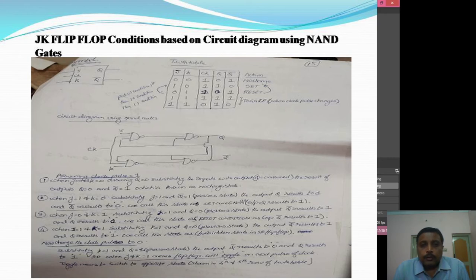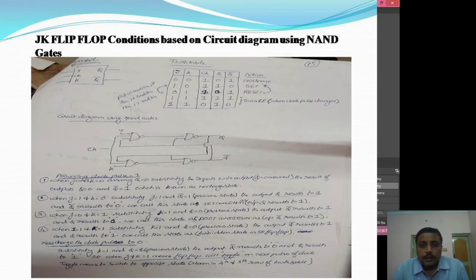So in your toggle state, if you refer to the truth table above, we have no change, set, reset conditions. So when we have a 1 and 1 condition, that is J and K both are 1, then the outputs Q and Q bar are going to be 1, which is the forbidden state as per the SR flip-flop. So when we give a clock pulse, or the clock pulse changes from 1 to 0, then work on the circuit so that the outputs Q and Q bar are going to change their state. That is, Q is going to go to 1, whereas Q bar is going to go to 0.